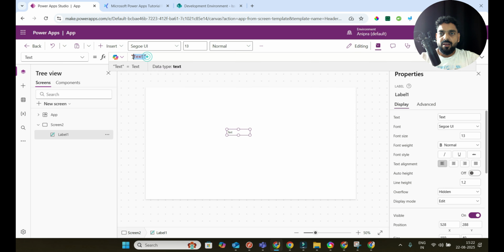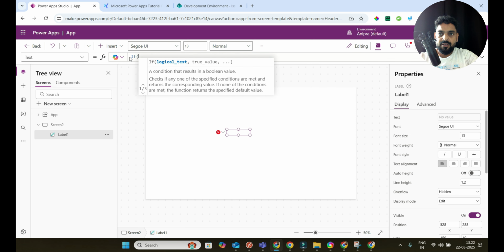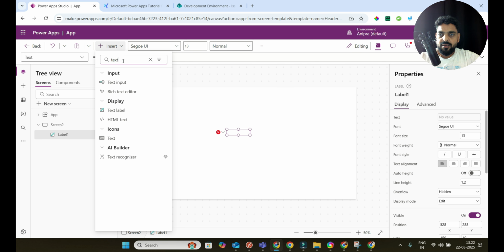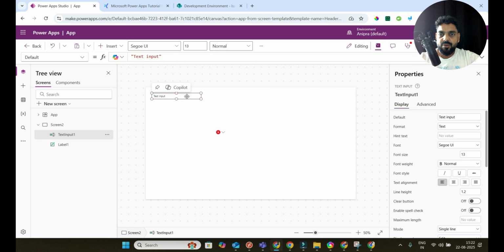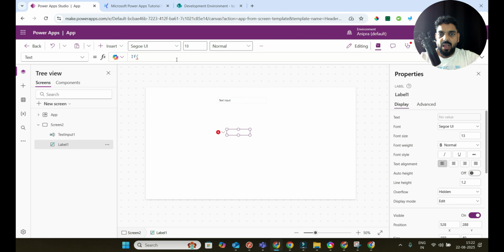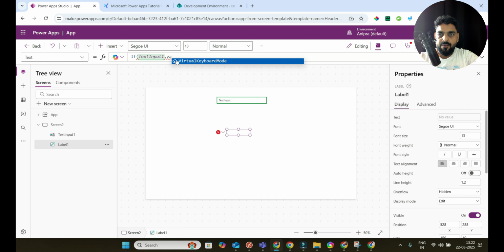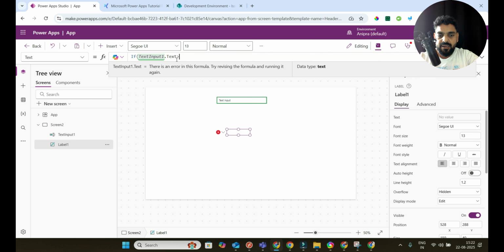Now let me add one text box as well over here. Okay, text input. So this is text input 1. What I will do, I will say if TextInput1.Text is greater than 18, then